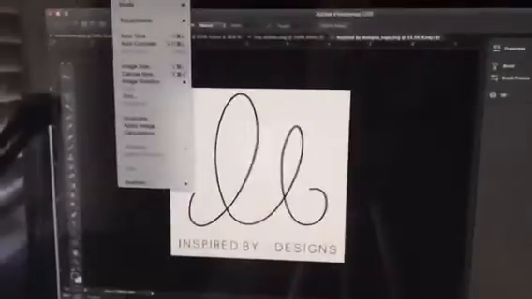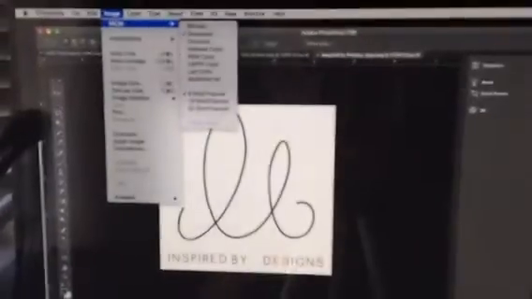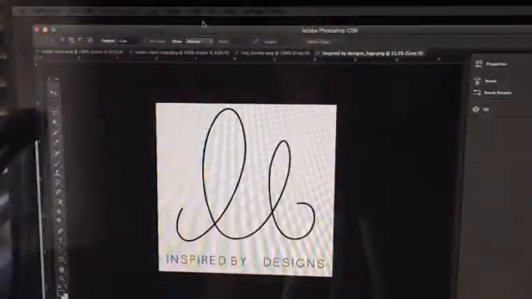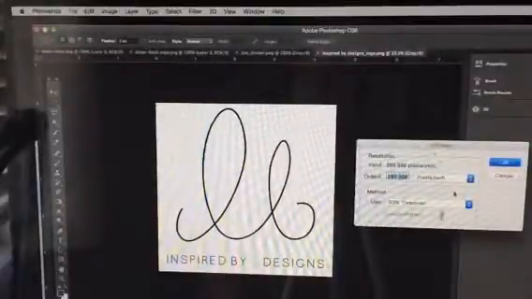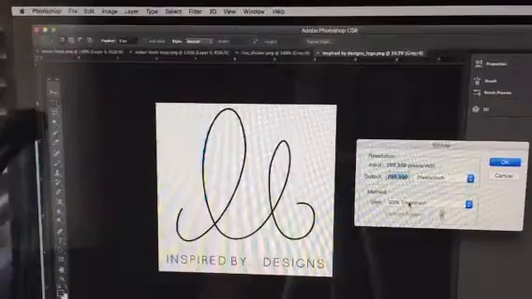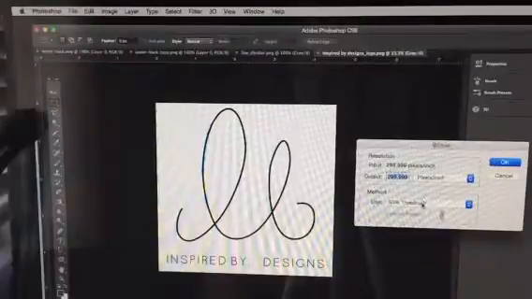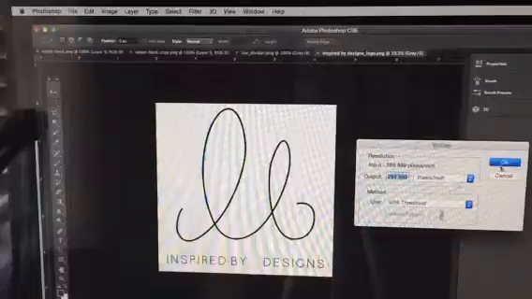So you go up to Image, and you go to Mode, Bitmap. So instead of grayscale, you're going to turn it into a bitmap. Then you choose your DPI, and I usually choose 50% threshold. There are some other options too. It's basically turning it into just a black and white image, so I do 50%, and then I hit